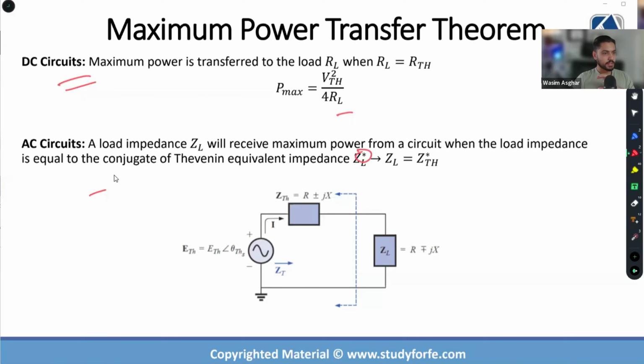So if we have an AC circuit, as I have explained, the first step that we need to do is to convert that into RMS. If we have a voltage source, convert that into RMS from the time domain. If we have impedances, convert them into our complex representation, whether you're talking about the rectangular form or the polar form. Once the entire circuit is in the form of RMS, in the form of complex numbers, in the form of polar form,